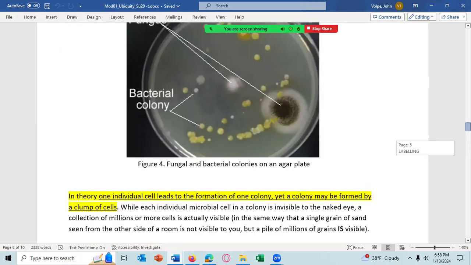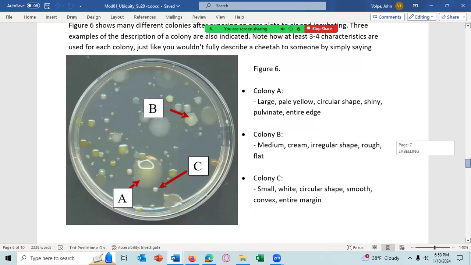Let me see if I can find anything there. Not there. There we go. These colonies are opaque. This colony is translucent. That colony, the big one, is translucent. That one may be opaque. But like I said, translucent, you can partially see through them. Maybe the best example is here. You partially see through this, but you can't see through that one, so that's opaque. And that's probably two colonies growing on top of each other. Any questions about any of that?